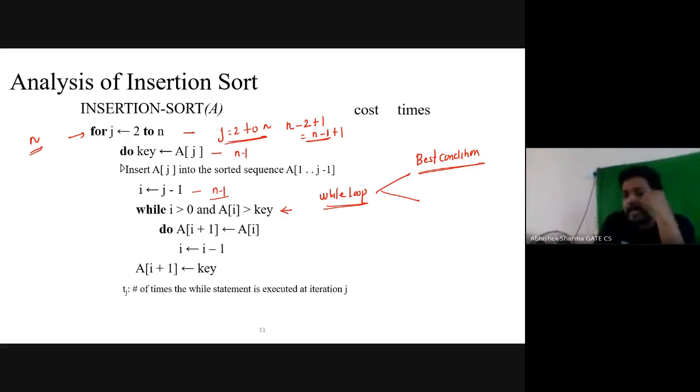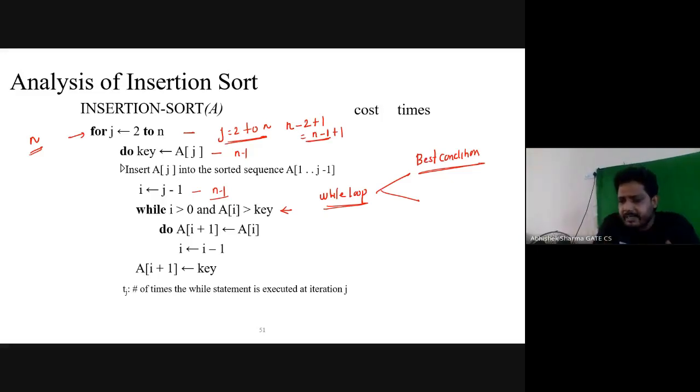What is the minimum time this loop will execute? No, 0 you cannot say, means at least one comparison will be there. Yes, at least one time it will always check the condition. Good.